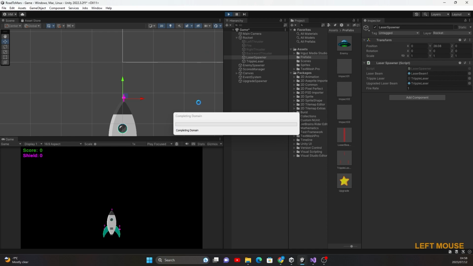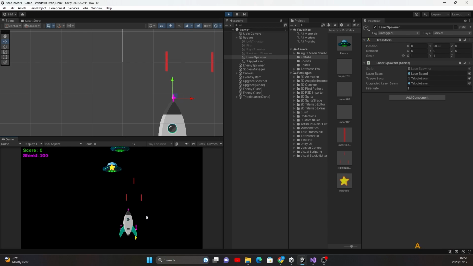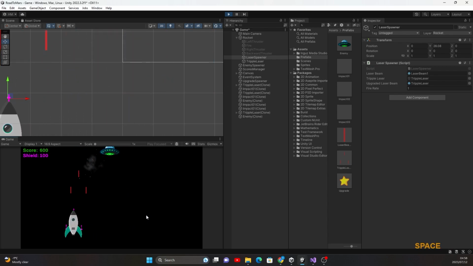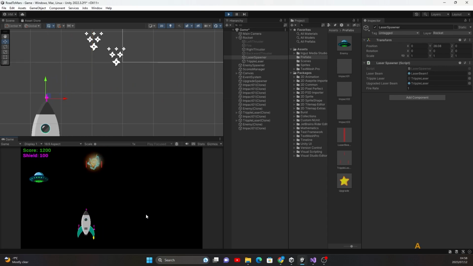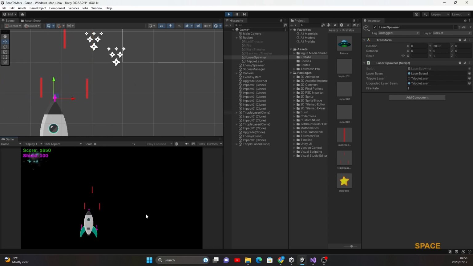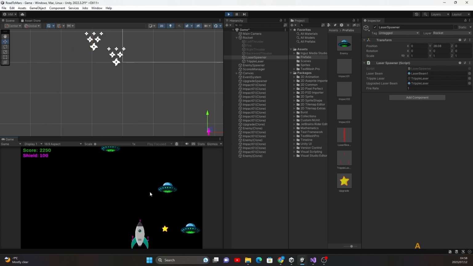So let's see if this works. So it does generate, but it generates the lasers at an incorrect space. This you need to rectify